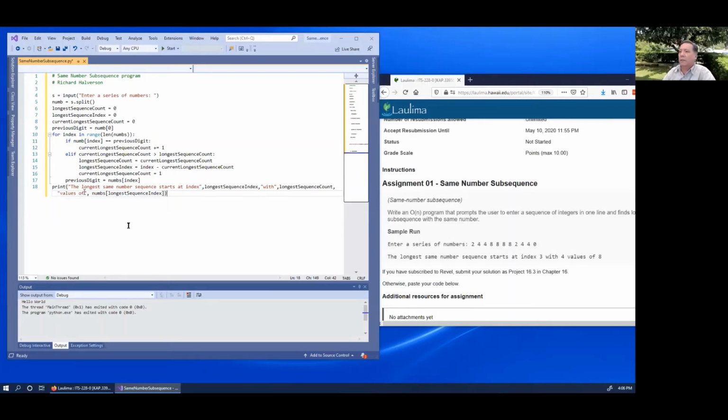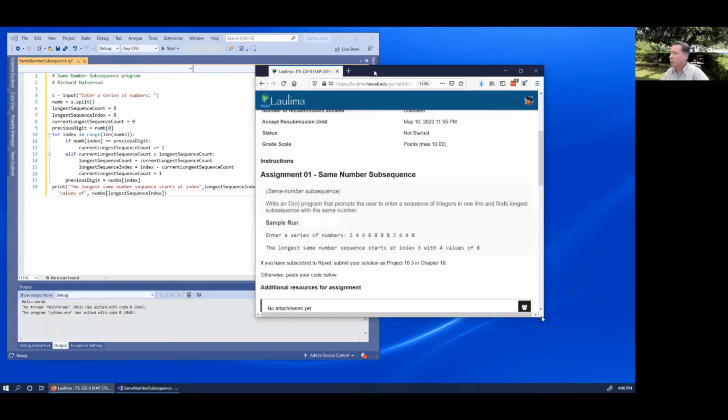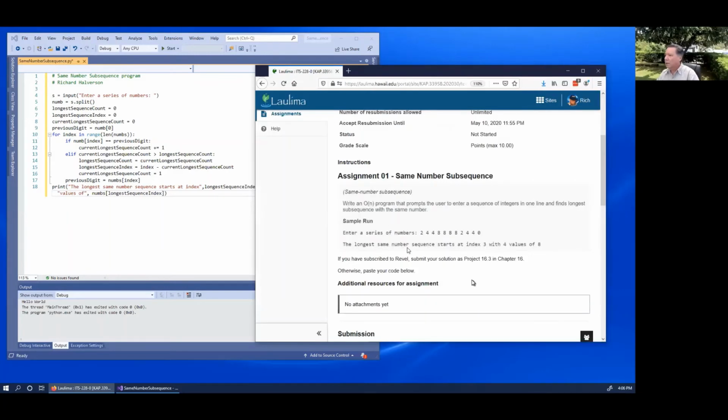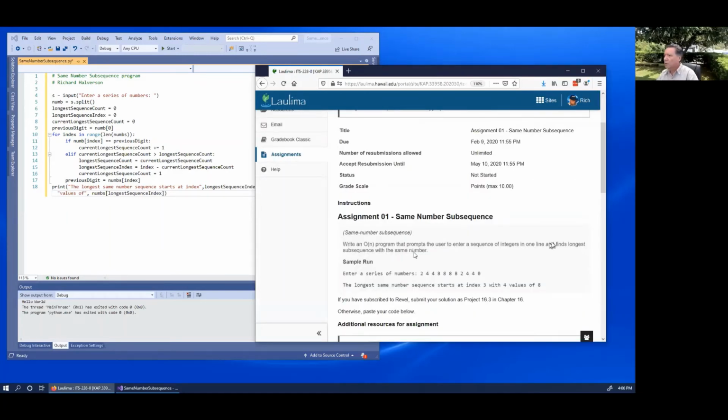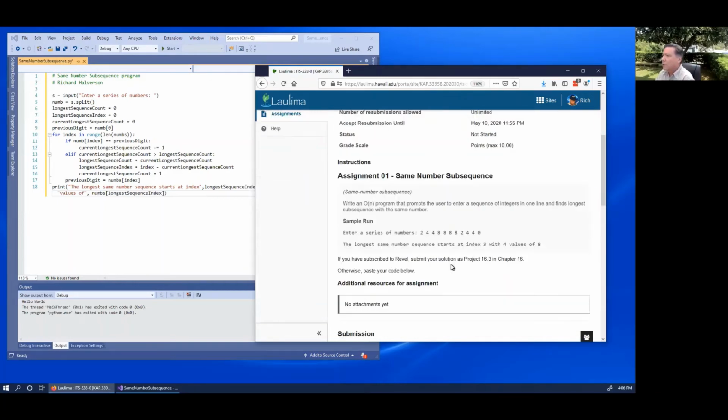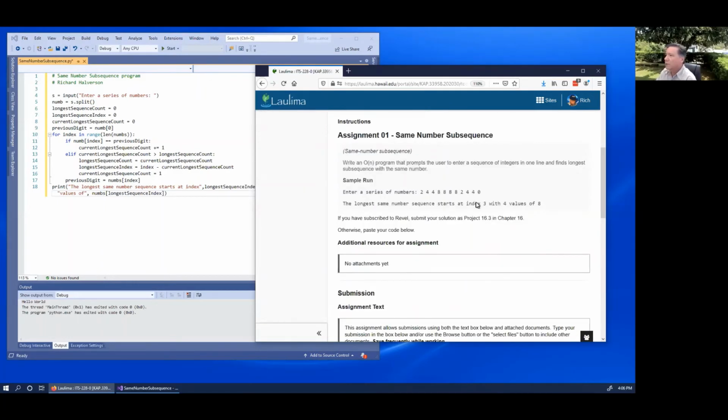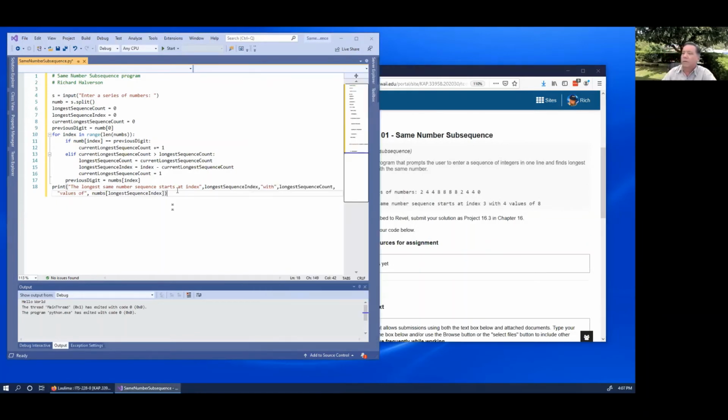All right, so are we done? Because it seems to me there was another requirement here. Okay, no, with the same number. Okay, so the longest same number sequence starts at 3. Okay, so let's see if this works. So we just click start,